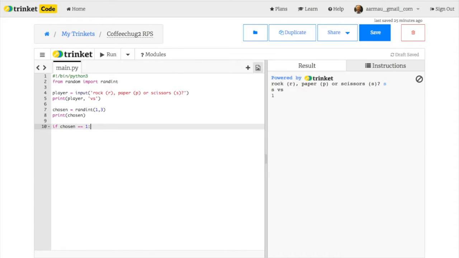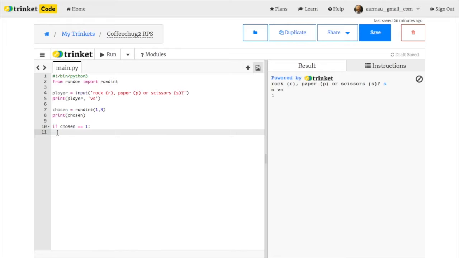A lot of times we overlook that, and this is where the little details are really, really important. So if chosen, if our variable here is equal to 1, what do we want to have happen? Now this is creating a section of code that we've got to have inside of it. This is going to create kind of like its own little block of code. And so we're going to have to indent. And you can see in Trinket it automatically does. If it doesn't, the coding etiquette, so to speak, is 4 indents every time we want to do some indentation